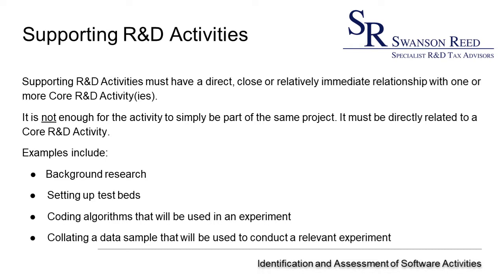If an activity does not meet the core R&D activities eligibility criteria itself, but is directly related to, and in some cases also undertaken for the dominant purpose of supporting a core R&D activity, it may still be allowed by the program as a supporting R&D activity. To be directly related, an activity must have a direct, close, or relatively immediate relationship with one or more core R&D activities. Activities that make a direct contribution to the conduct or evaluation of the experiment are likely to meet